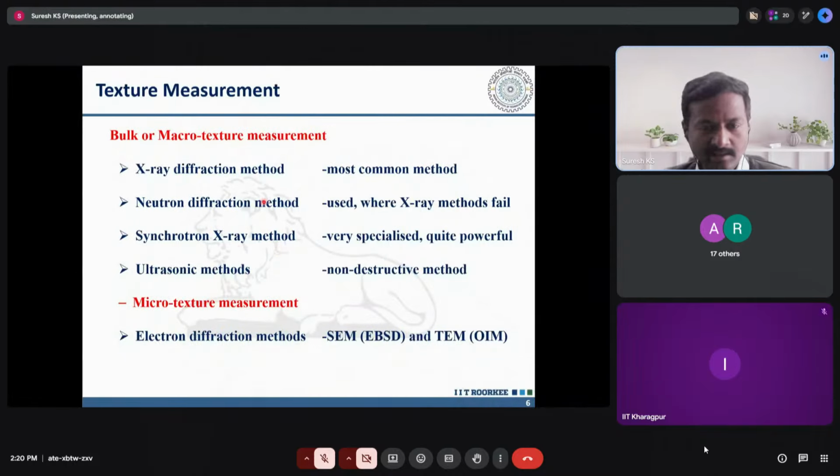Such sophisticated facilities are there, and so one has to wait for a long time to gain access to them. While ultrasonic methods are more easily possible, however, they give a more indirect measurement of the preferred orientation. Later you will see micro texture measurement, that is local preferred orientation, using either EBSD or TEM, maybe tomorrow from other experts. So in today's talk, we will focus mostly on X-ray diffraction, and how it can be used to measure the